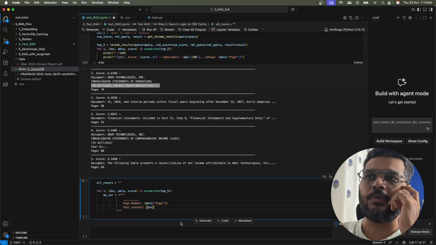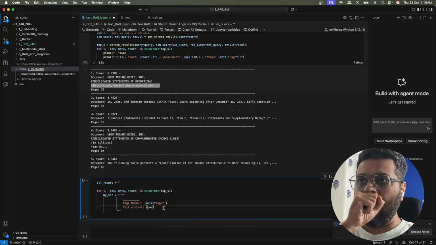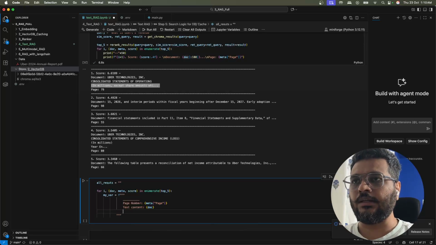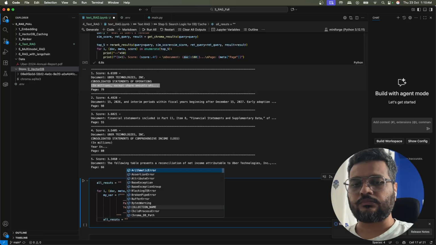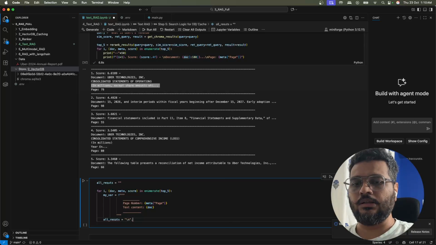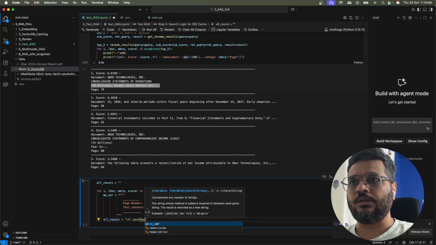I will be giving the complete content to this. Okay, and then each time I will be adding this. And then after this, what I will be doing is I will be saying all results equal to backslash n dot join, and what I will be joining is